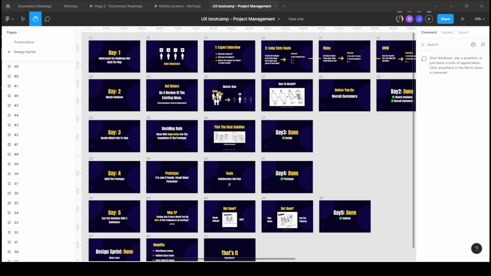Let's go to day three. With day three, this is the day where you decide on which path to take. So you have your ideas that you were working on the previous day. Now you have to decide where to take it on next steps. Like I mentioned before, everyone needs to have